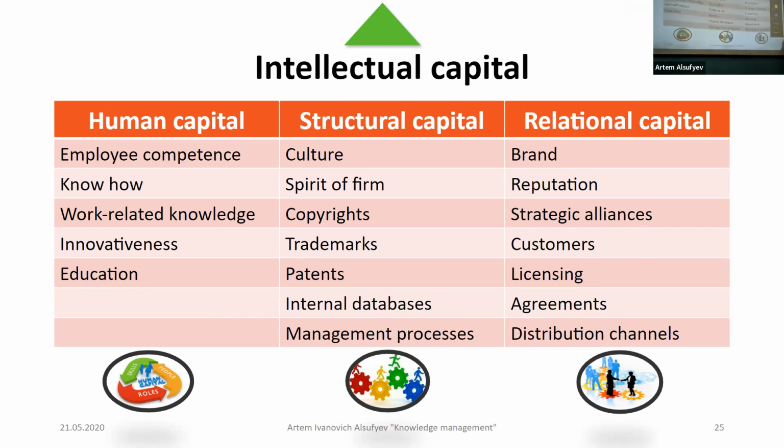Structural capital. For structural capital, organizational culture. What is organizational culture? Unwritten rules that drive employees' behavior within the company. Also, we have different types of copyrights, trademarks, and patents over here. So these are all part of structural capital. Internal databases and management processes, organizational structure, guidelines, databases of HSE and potential applicants and so on. It is over here, and well, this is important.